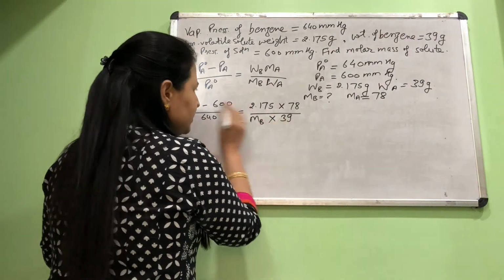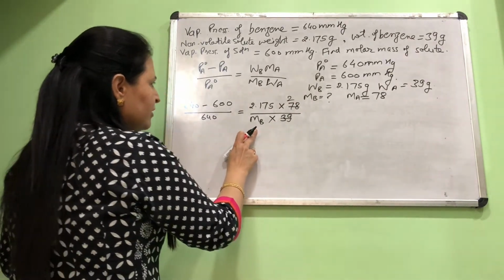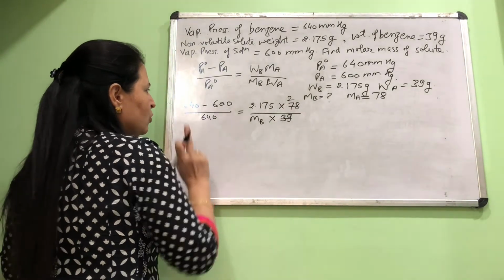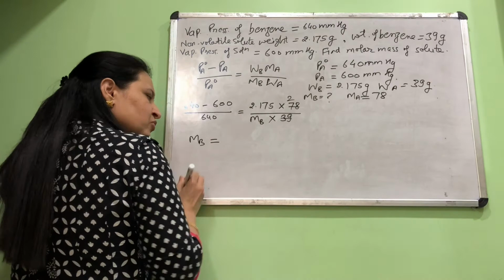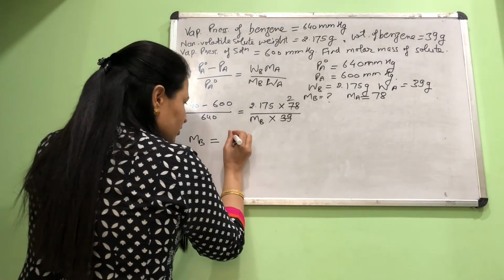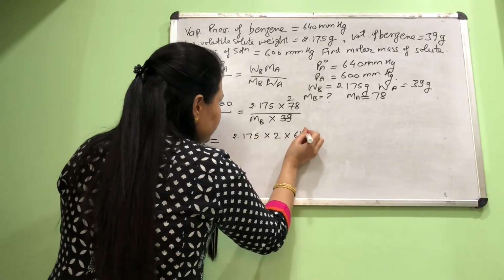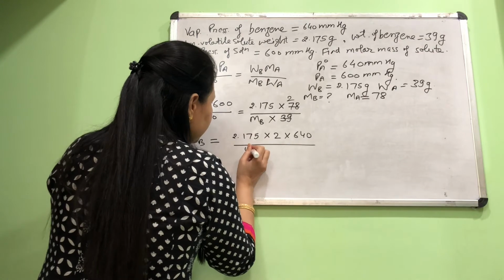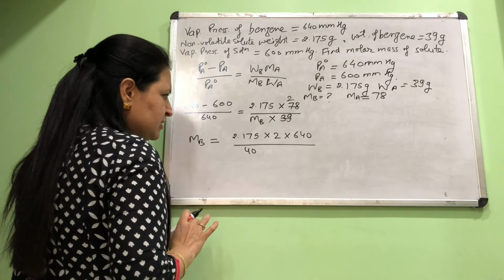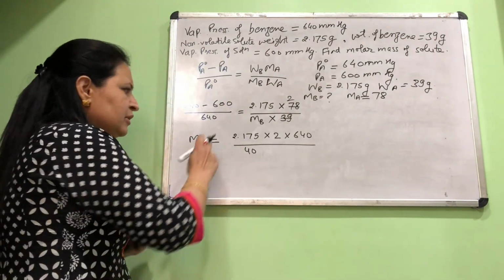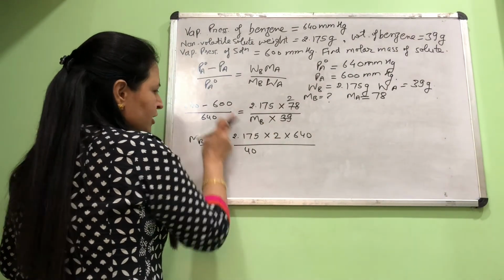एक छोटा सा चेंज यहीं पे कर लेते हैं. This will be 2 times. अब हम आगे कैलकुलेट करते हैं. हमें MB फाइंड करना है and this difference is 40 as you know. तो हम MB के फॉर्म में ये इक्वेशन लिख लेते हैं. MB will be equal to, we'll do a simple cross multiplication. So it will be equal to 2.175 into 2 into 640 divided by 40 into 1, nothing, it's 40 only. So simply this much is your calculation, divided by 40, because in the denominator you have this and this, so here it is only 40.